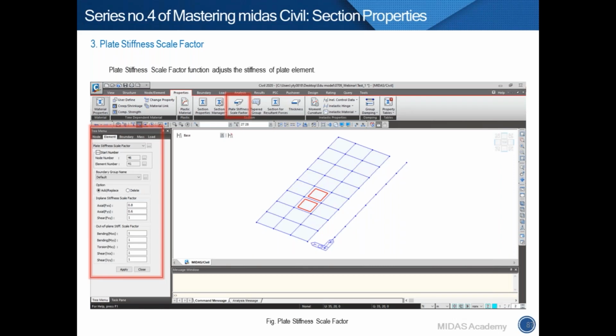So if you want to model the cracked plate element, we have two choices. One is to define the orthotropic material properties, and the other one is to use the plate stiffness scale factor function. So you can just select the plate element and input some scale for each side and just click the apply button.